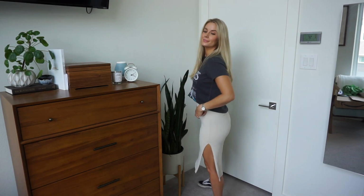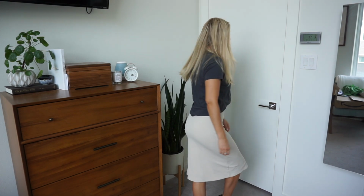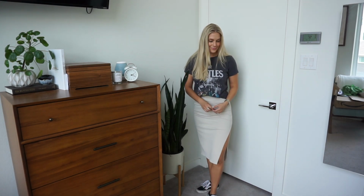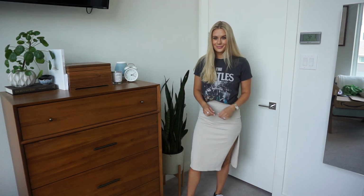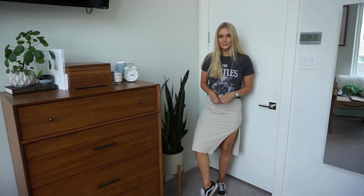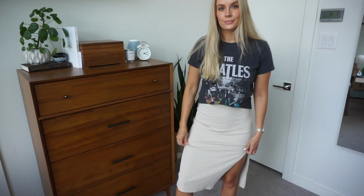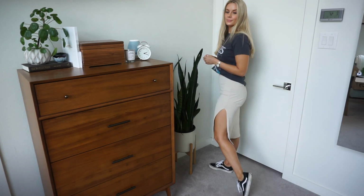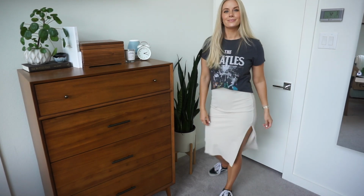You can also do the same trend with a skirt. This trend is super popular, and I wish I had done it when I was pregnant because it's perfect for letting that bump hang out. And then I went ahead and threw on my little Vans that I've had for a while. These are so cute and so comfortable, perfect for just a casual day. And yeah, that